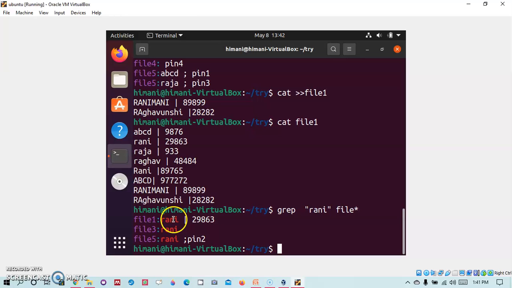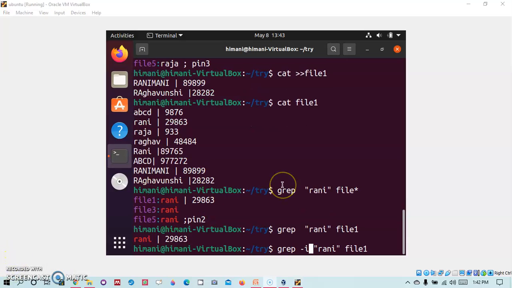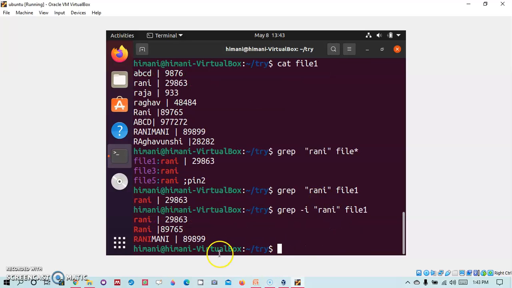So we can see here Rani is searched. Okay, I have to use -i for ignoring the case because this Rani Mani and this Rani is in capital. So I add -i here, and I get the output: all Rani in capital, small, as well as embedded.